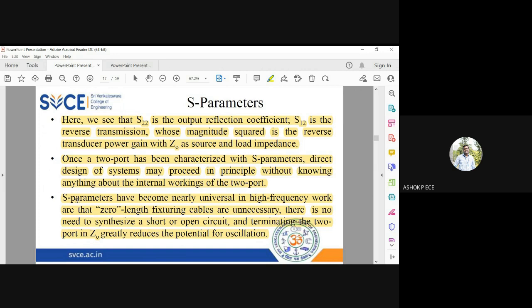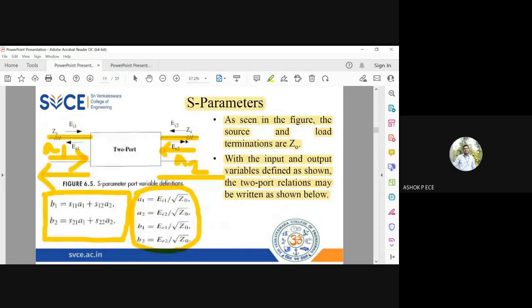Whereas I told you in the previous case, in high frequency circuits, if you try to establish an open circuit or short circuit condition, there might be a chance that the device may go to a state of instability, or become unstable. But since all our focus is only on the measurement of incident power and reflected power, the circuit is going to be completely stable. And wherever you go in S parameters, we'll be terminating the load or source with